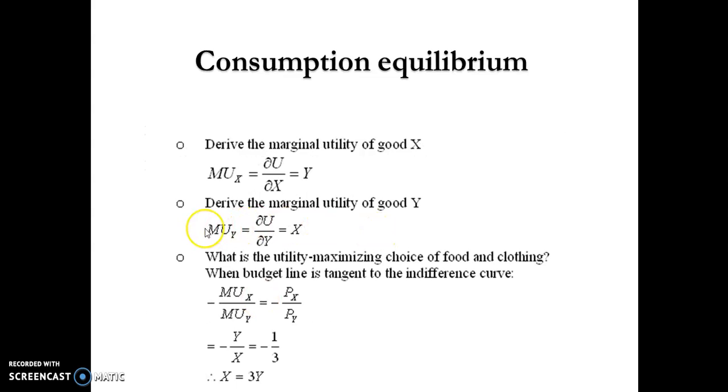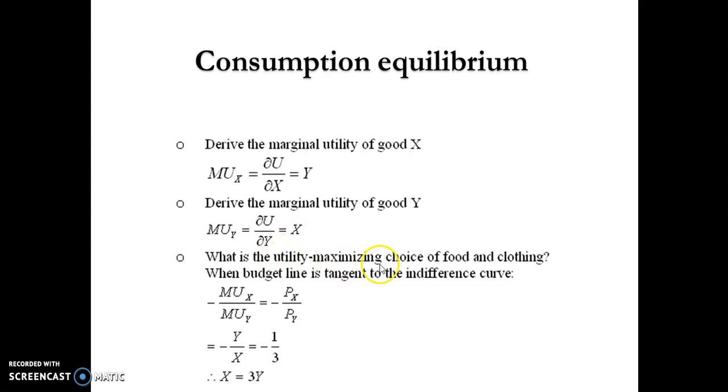Right? So to derive your marginal utility of good y, treating x as constant, your first order partial derivative of your utility function with respect to y is just going to be equal to x in this instance. So therefore,